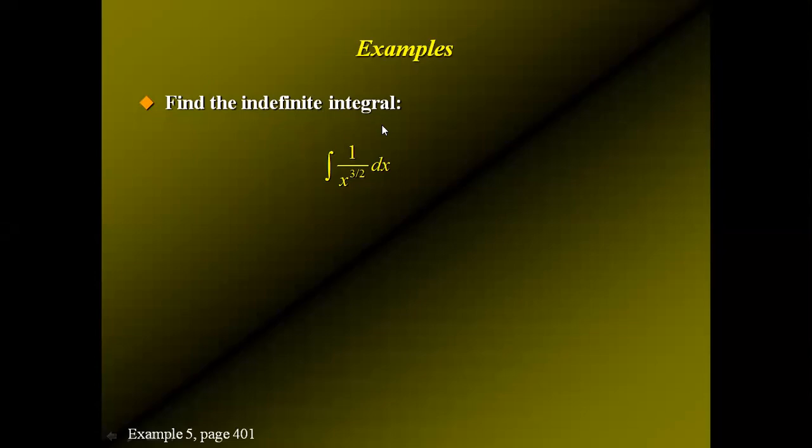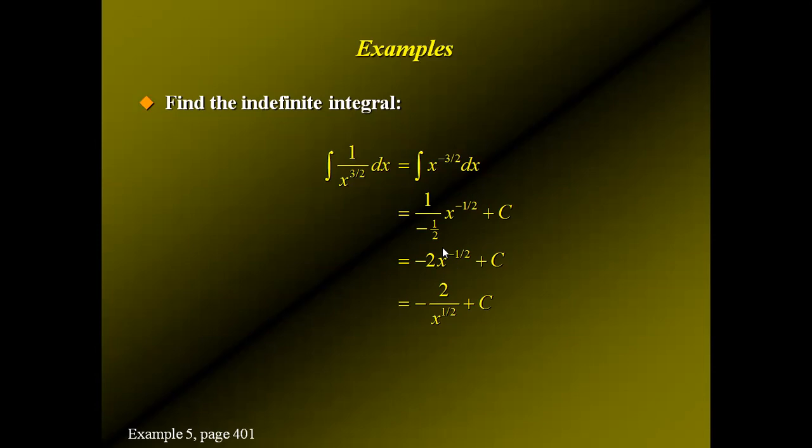Now how to find the indefinite integral of 1 by x to the power 3 by 2 with respect to x. This can be written as x to the power minus 3 by 2. Now we can apply the power rule, x to the power n formula. Here n equals minus 3 by 2. So this can be written as x to the power minus 3 by 2 plus 1 divided by minus 3 by 2 plus 1. Minus 3 by 2 plus 1 means minus half after taking LCM. So this is the required result, and 1 divided by a fraction can be written in multiplication form, minus 2. So this is the result.